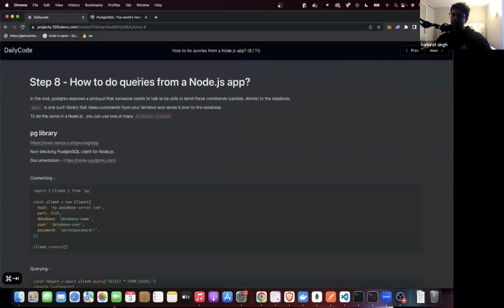But is this how a real full stack application works? No. A real full stack application will put this data through a Node.js application. In the end, Postgres exposes a protocol that someone needs to talk to be able to send those commands, update, delete, to the database. PSQL is one such library. To do the same in Node.js, you can use many Postgres clients. The most famous one is PG. So if you look at this PG library,